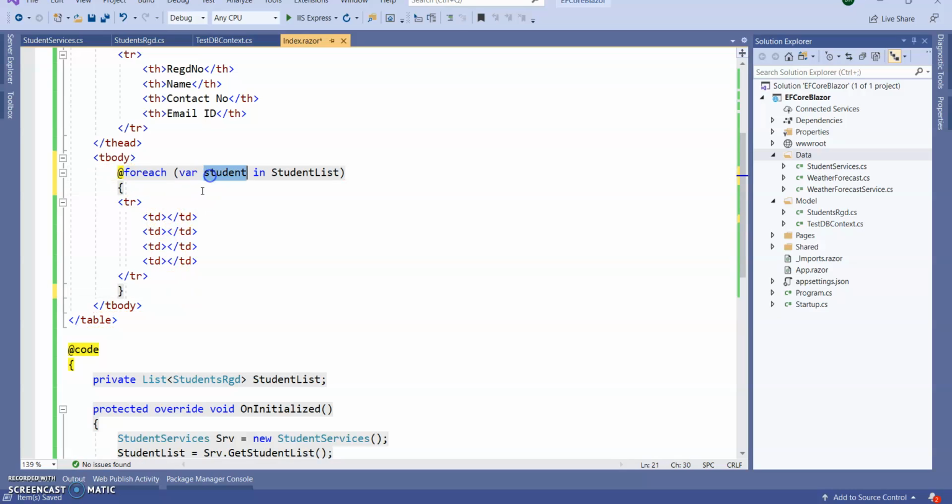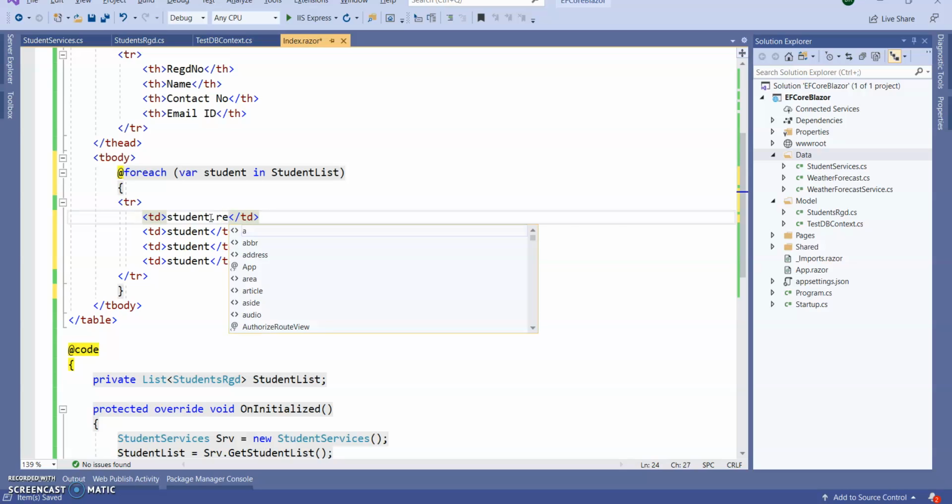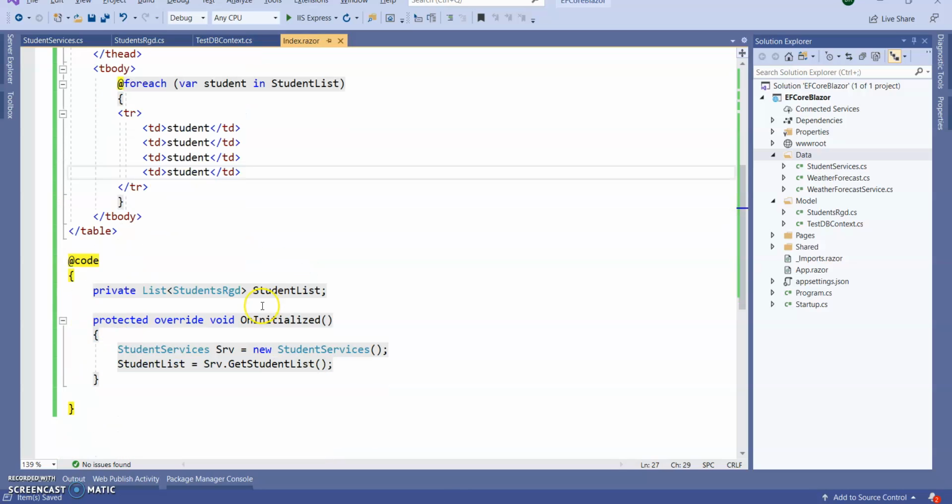Here I want to display all the student dot, why is it not coming?